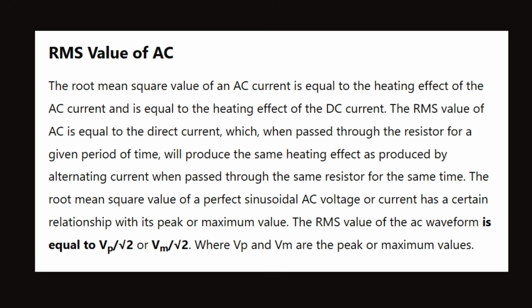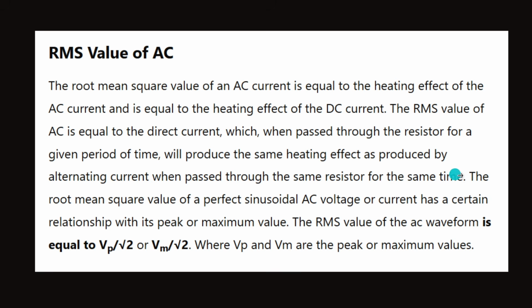And the first one, RMS value of AC, or alternating current. The root mean square, RMS, value of any AC current is equal to the heating effect of the AC current, and is equal to the heating effect of the DC current. The RMS value of AC is equal to the direct current which, when passed through a resistor for a given period of time, will produce the same heating effect as produced by alternating current when passed through the same resistor